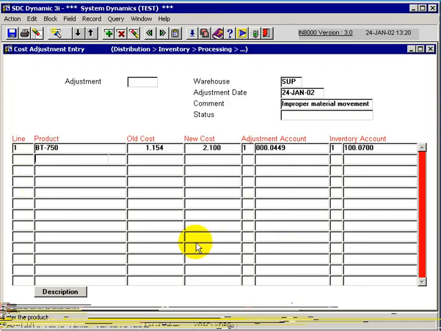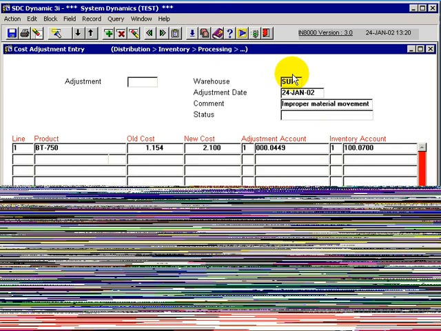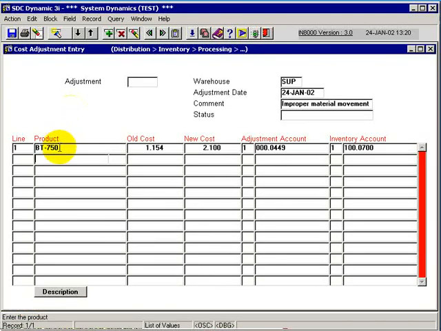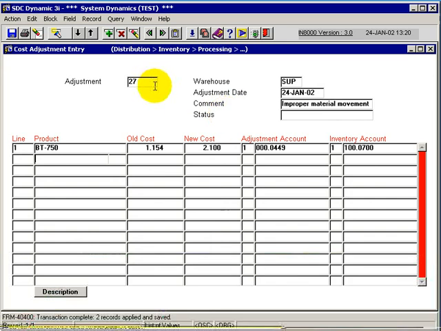And the inventory account will take the offset here. That's the inventory account that's attached to this particular product group for this item here. It will then ask me if I have any other adjustment products to want to do a cost adjustment against, and I simply save this record, and I receive an adjustment number 27,